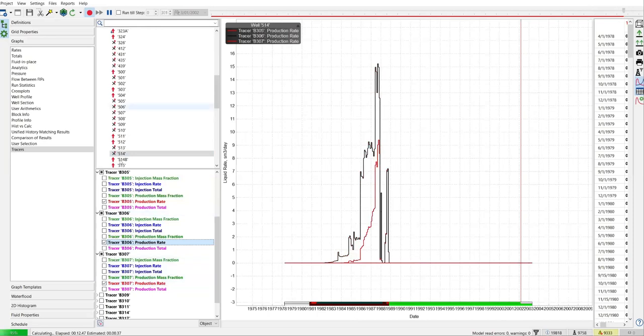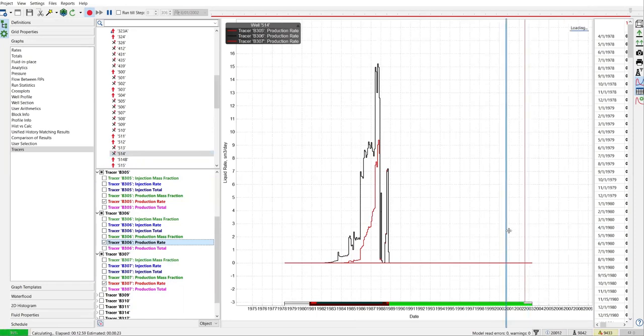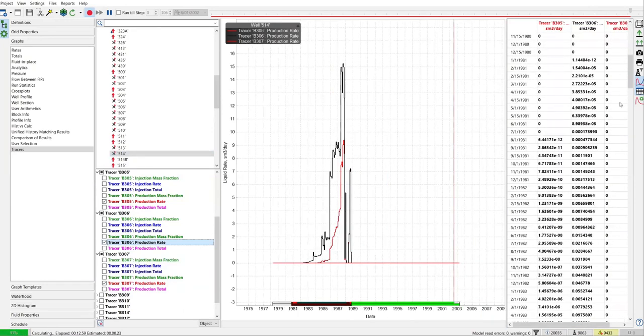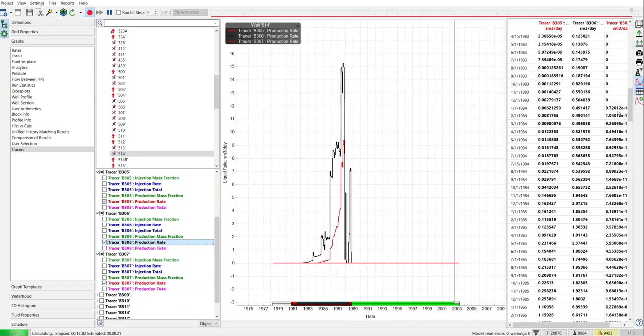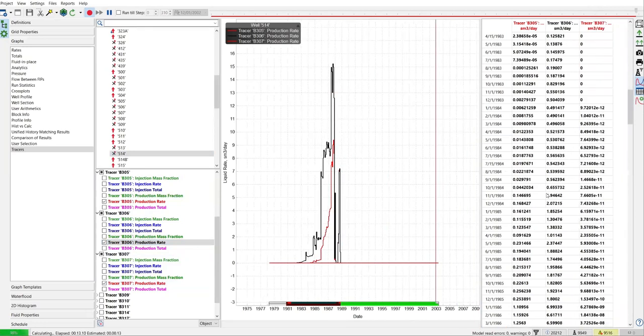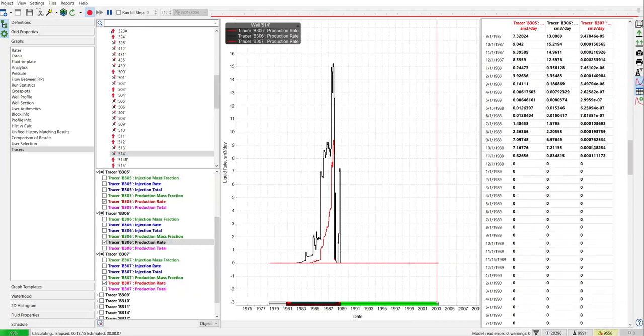Oh, so 514 doesn't produce tracer B307. You see the flow rate is 0. You can open the table, go down. Oh yeah, it produces tracer B307, but the value is small, the production rate. But it increases, right? It increases